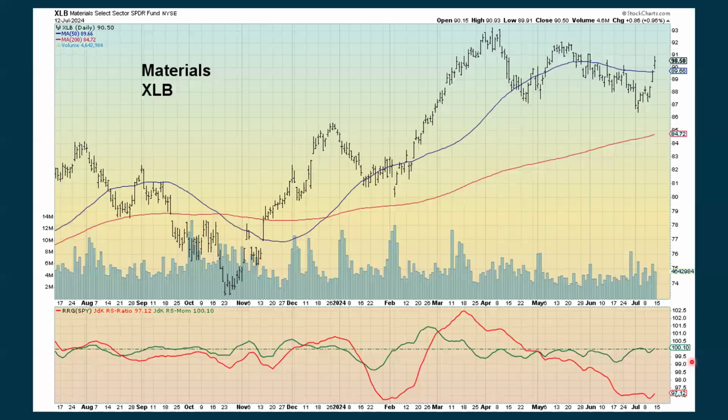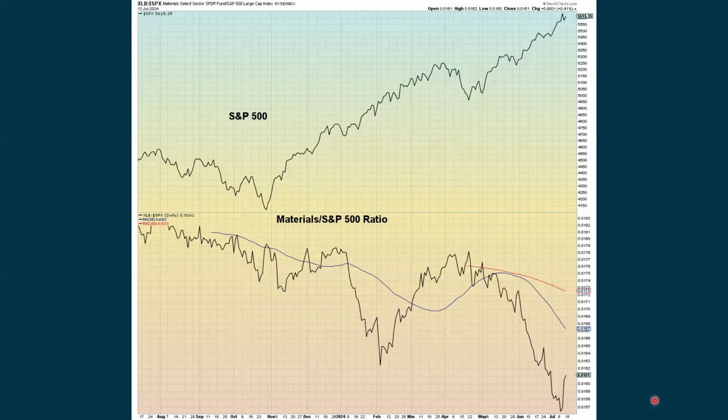Then we look at different sectors, and I have two different charts that I show here. This is just the sector chart itself, and I list this based on the alphabetical symbol. So we show materials first, starting to break out above its 50-day moving average in an uptrend when we look at it alone. Seeing some improvement here with the green line, which is momentum. We're still negative, but starting to turn up when we look at the relative strength compared to the SPY. Then we do a ratio, the materials sector to the S&P. It is bouncing back up, but still has been underperforming.